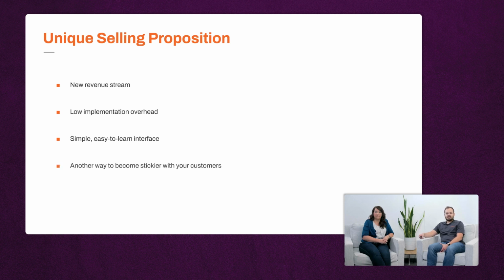And again, as she mentioned, it's a way to become stickier with your customers. I think we can all universally agree that the more products that you're offering to your customers and the more solutions that you provide to them, the more likely they are to stick with you long term and become a revenue source long term. And then finally, with that Vasion Automation Cloud that Angela had shown,